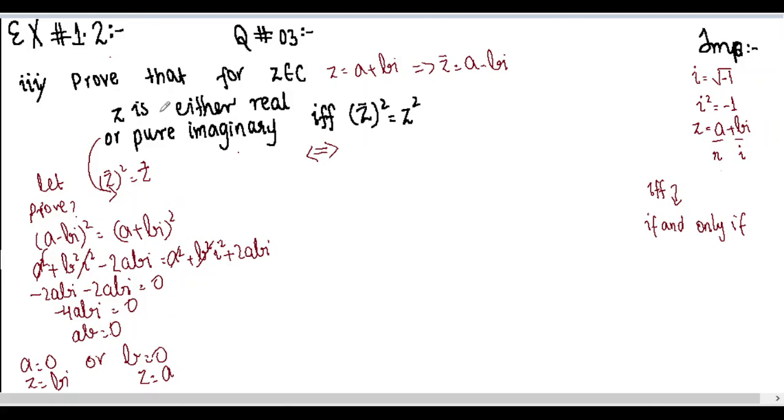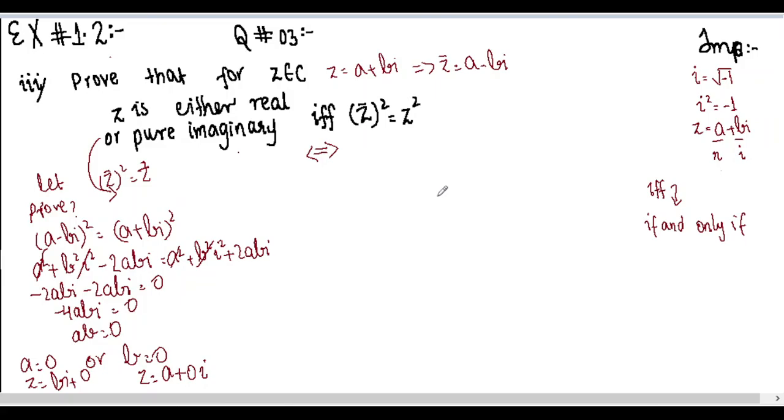Now we were given the question z is either real or pure imaginary. We can see that either z is real, it's real now a, because there is no term of iota, so it is 0 iota, and 0 iota means that there is no imaginary portion, it's only real one. And when it's b iota, there is no real portion. You know, b iota plus 0, the real portion is 0. So we are only getting imaginary portion, and this imaginary portion means that it is pure imaginary.